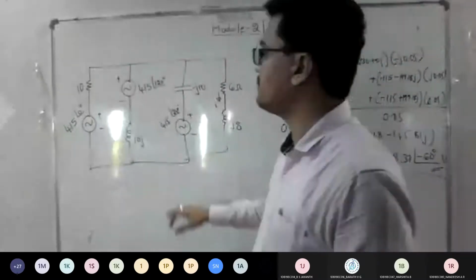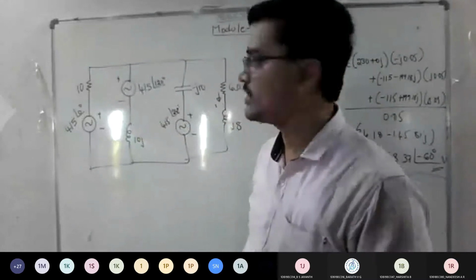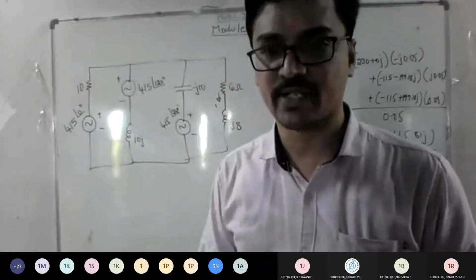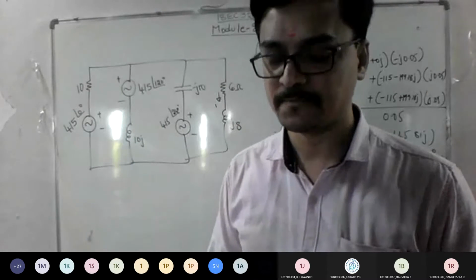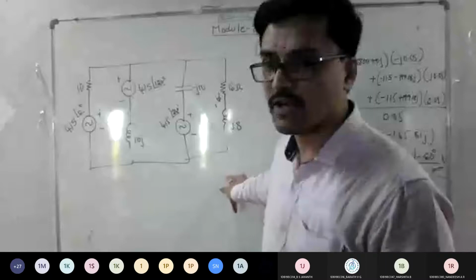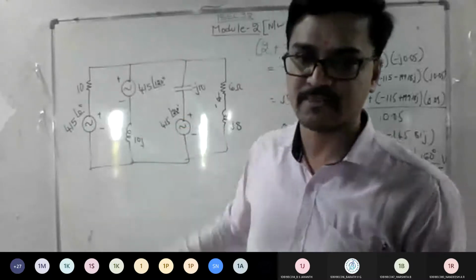Don't worry about the alignment, whether this is given first or that is given first; that is secondary for us. The only thing you need to check is whether all the supply voltages are in the same direction: plus minus, plus minus, plus minus? Yes, sir. While writing the symbol, make sure it is AC analysis, so write the AC symbol with plus minus.